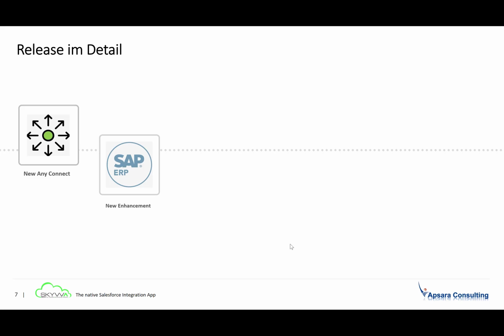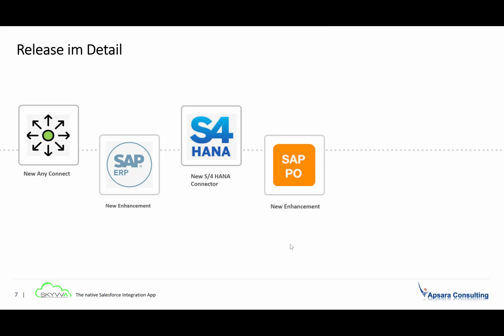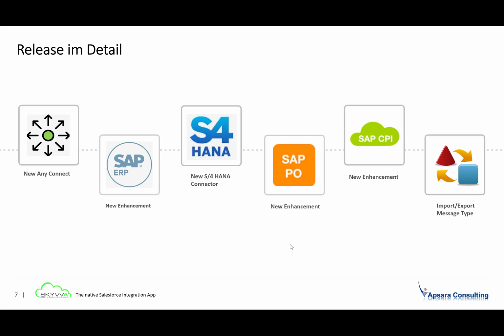Then we have enhanced the SAP ERP adapter. We have created a new adapter for S/4HANA because you are starting to move from SAP ERP to SAP HANA or to SAP HANA Cloud, and therefore we have built a new adapter here. We have enhanced the SAP PO adapter. We have also enhanced the SAP CPI adapter, and we have worked to support more data types to import and export message types. So let's start with the first